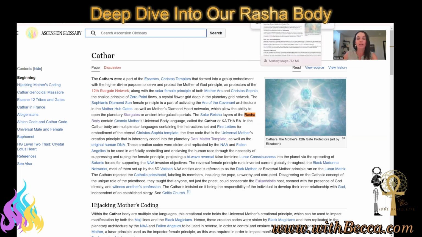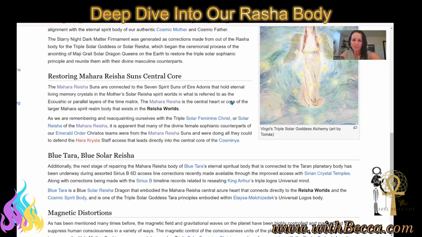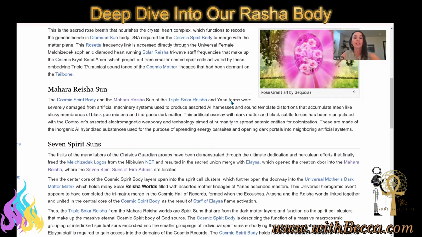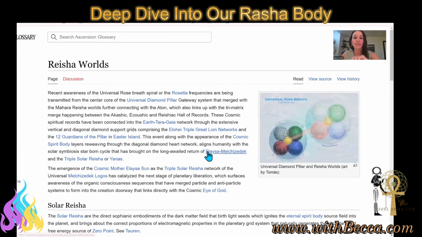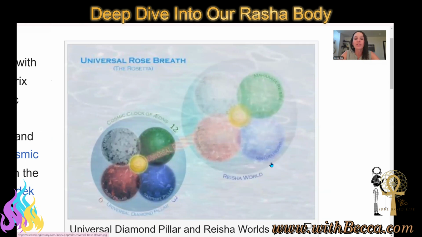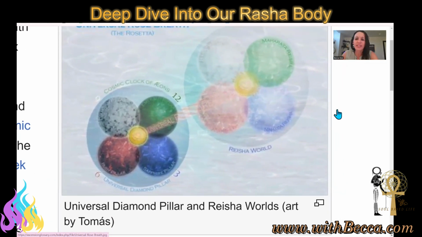Now, the Rasha body is part of something that is connected to something even bigger. All the elements of them together start to connect to something that is called the Rasha. And within here, the Rasha is a term that you'll see Lisa Renee uses quite a bit in her works and what she shares. And the Rasha is, if you see this, we're looking at stuff still that's very connected to stuff that looks like cells within our body. And these are connected again to basically templates.